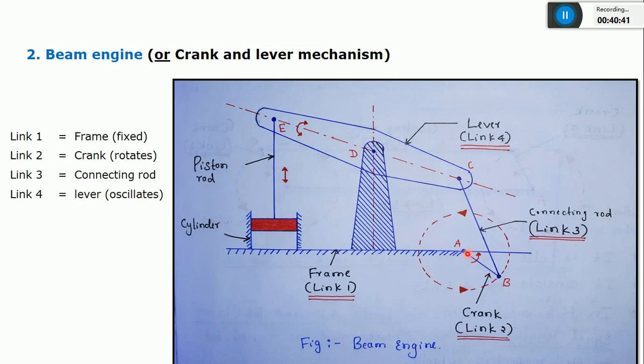Okay, then after this, AB is connected to a connecting rod. You can see this one, BC, which is nothing but link 3. I can name that link 3 as a connecting rod. Okay, and the fourth one is this CE. It is a single link, so I can call this link 4 as a lever. Okay, this lever is pivoted at this point D. So this also comes under a frame because this is also fixed, correct? All the fixed links will come under a single link, including this and this. I'll consider it as a frame.